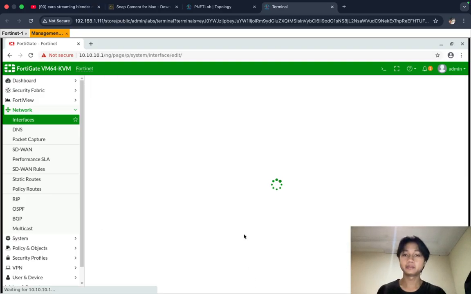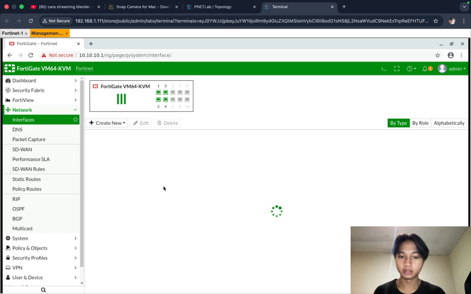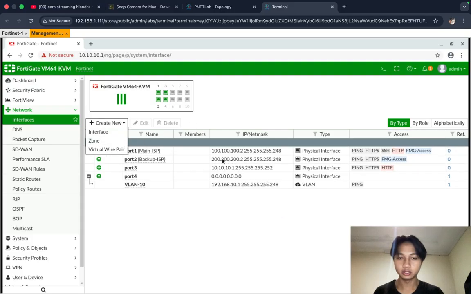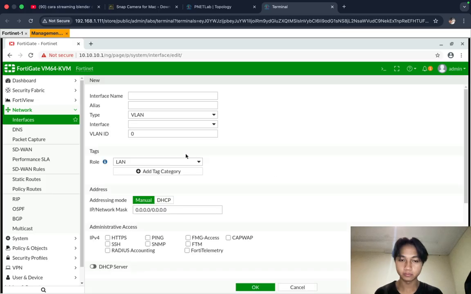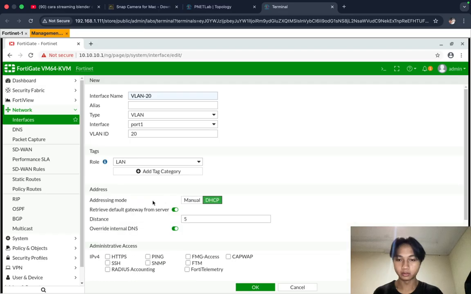Then click OK. Then you can create another VLAN. You can see we get the IP address. No, no, this is manual.